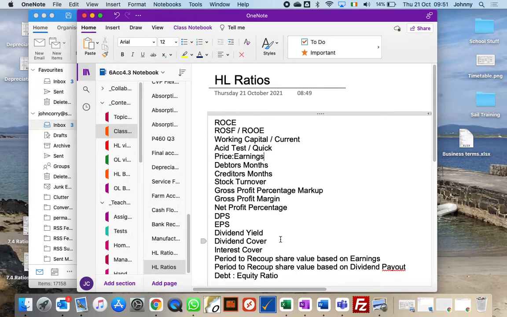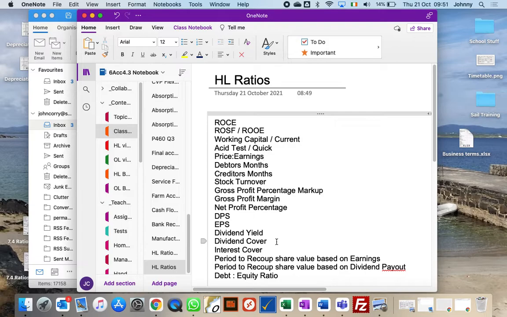Now the dividend cover and interest cover. So when we talk about cover, it means how many times can our bill be covered or be paid from the funds generated. So the dividend cover is how many times did we earn the dividends than what we needed to pay out. So if we have a pot of 200 grand profit and we're paying out 50 grand in dividends, our dividend cover is 4 times. We're earning 4 times what we need to pay out in our dividends. The interest cover is the same thing. We're earning 4 times or twice what we need to pay out in interest.